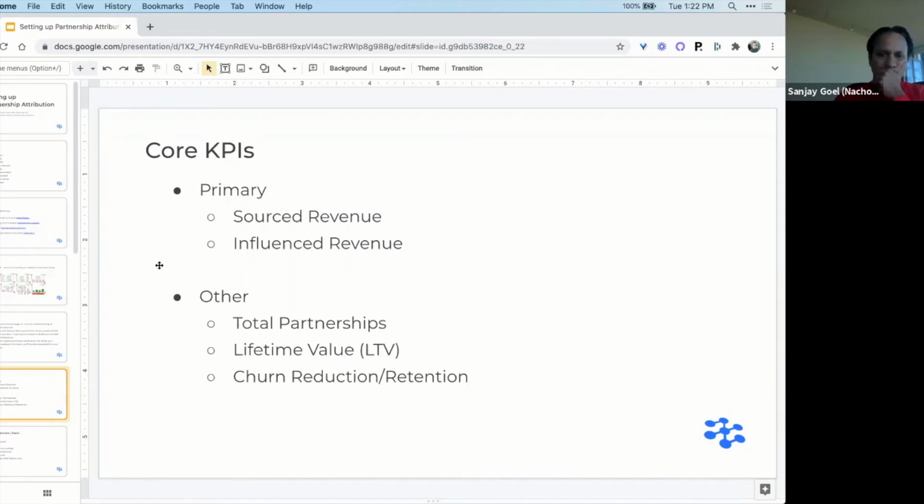So I actually look at sourced and influenced a little differently than what you talked about. Sourced is just anything coming in from a partner. But influenced revenue, the way I look at it, is something that is marketing sourced or sourced by something other than partner generated. Yep. But a partner has helped us win the account in some way.